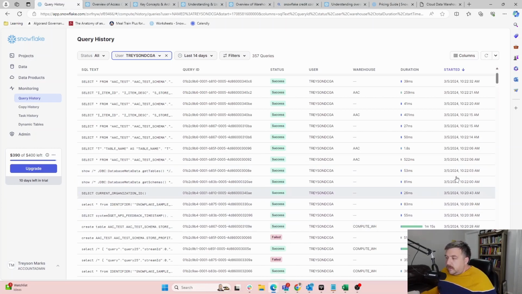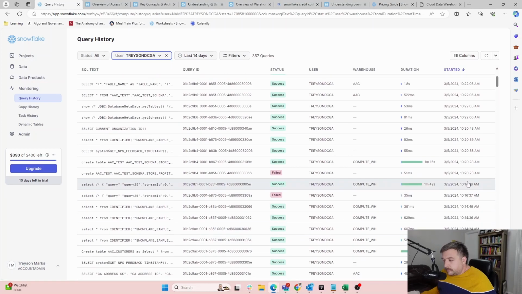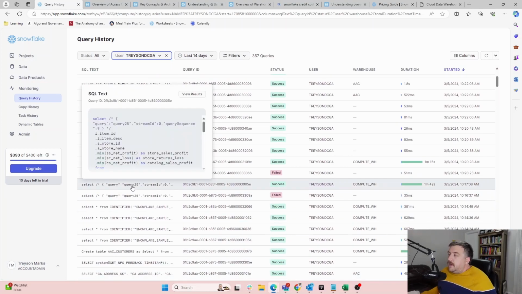Another thing that's really cool about this is that we talked about the warehousing, and that's the compute layer. When we're talking about pricing, what I'm about to say is going to be really important. If I run a query and then I run it again a second time, it stores the results of these queries for a certain amount of time.